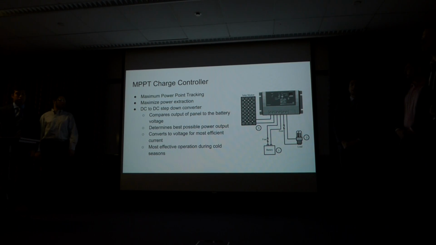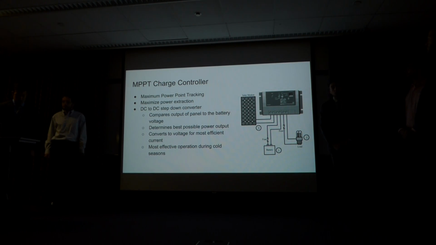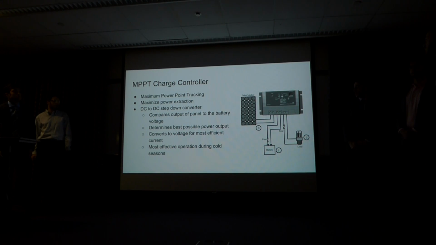And the way this is done is that the power from the solar panel and the voltage of the battery are frequently compared. So it will determine the best possible power output by doing this comparison. It will convert this maximum power to a DC voltage that will produce the most efficient current to the battery. The way this is done is through a DC to DC step-down converter. It's a closed-loop feedback where the duty cycle within the converter is adjusted so that we get the correct voltage. And this is most effective during colder seasons. For those that might not know, the solar panel actually produces more power during the colder season, so we want to